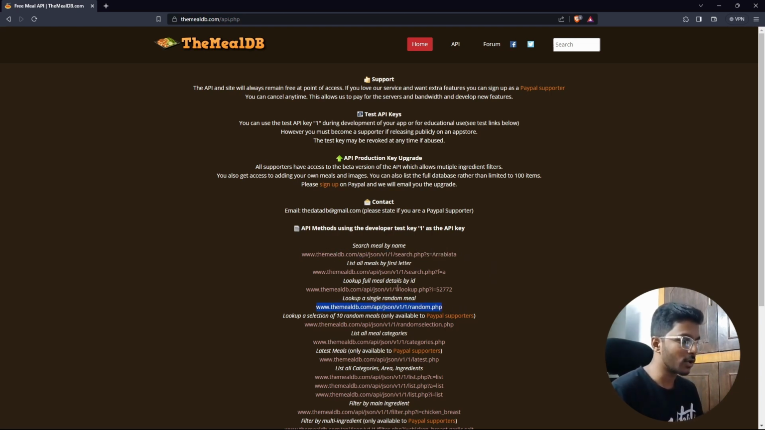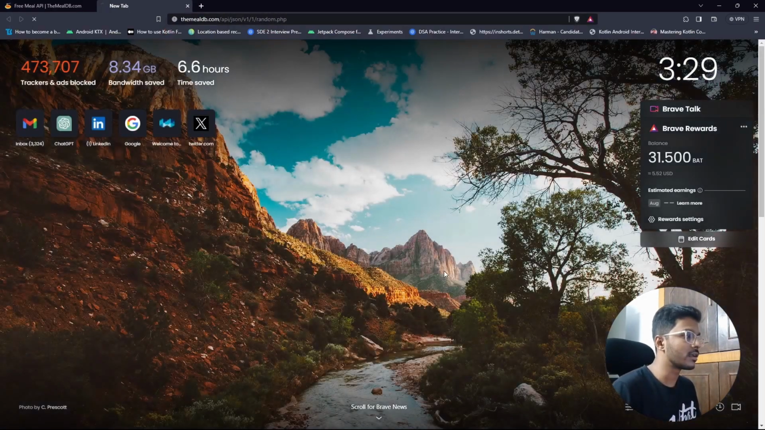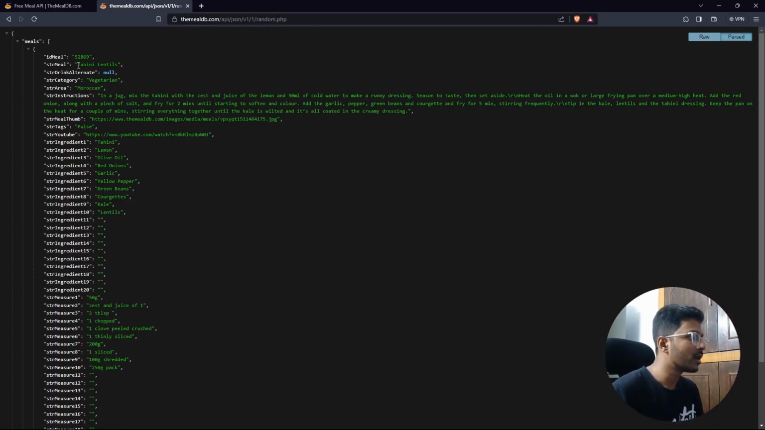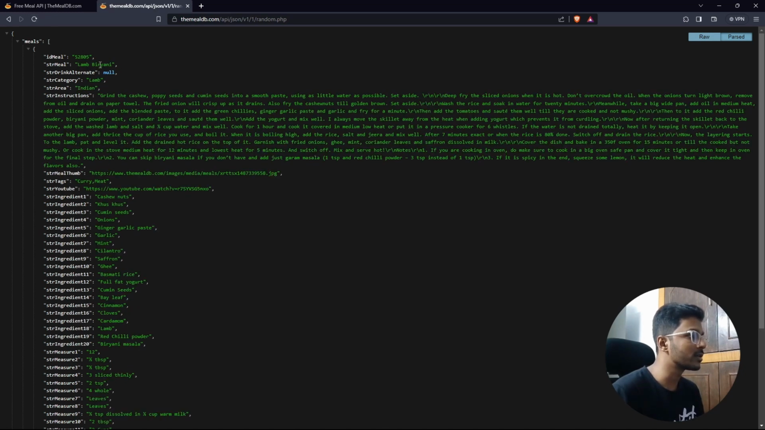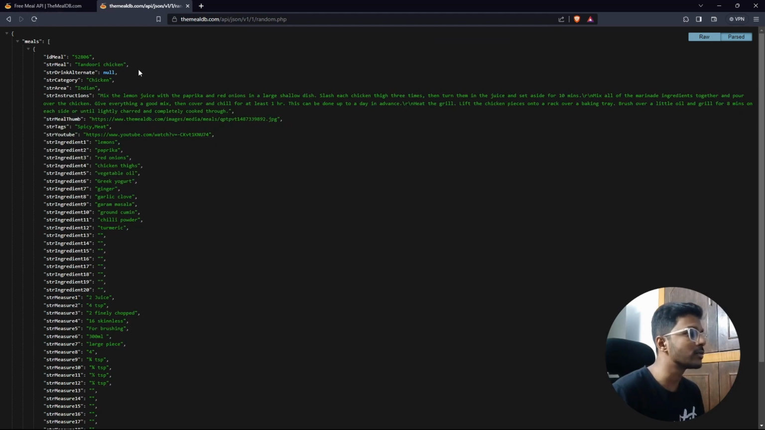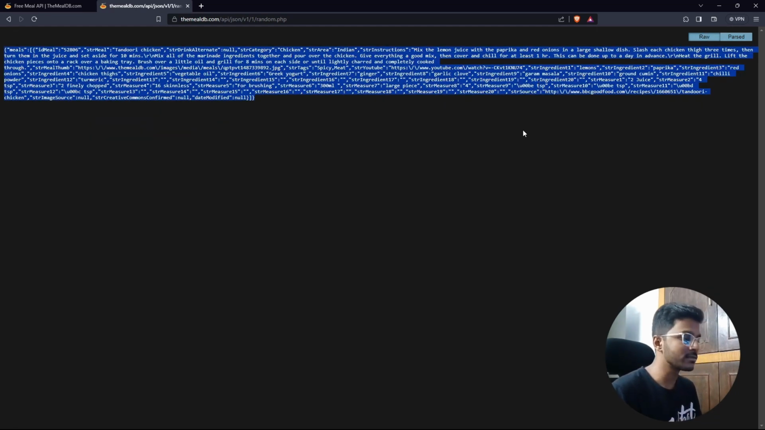So if I just copy this random API and open it, it will give you a random recipe every time you hit the API. If I refresh it, you can see lamb biryani. If I refresh it again, it gives you tandoori chicken. So again, you will get random recipes every time. What we need to do next is create a data class with this JSON. So I will just simply copy this,